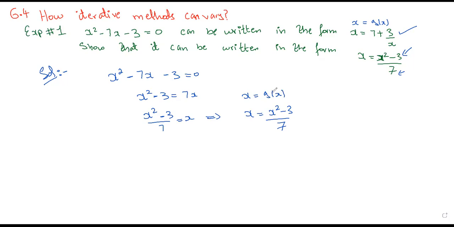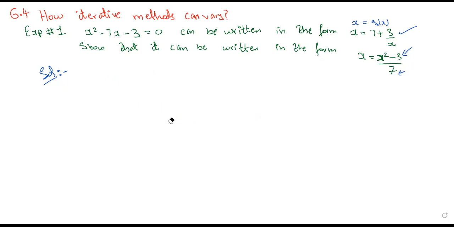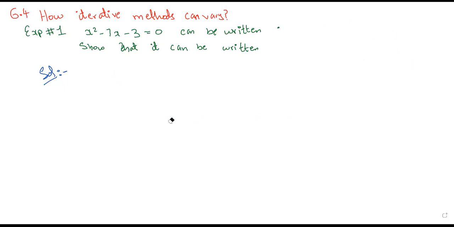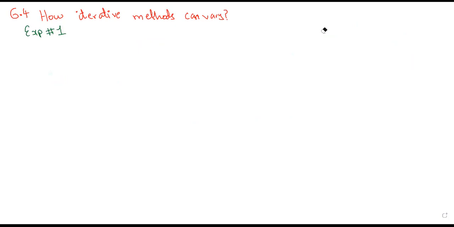Yes. Perfect, okay. Now the second part is the basic concept, where you will see how iterative methods can vary. By now you know that x equals g of x can change. But let's say we have a different form, would that end up as a different root? Okay, so the second part is